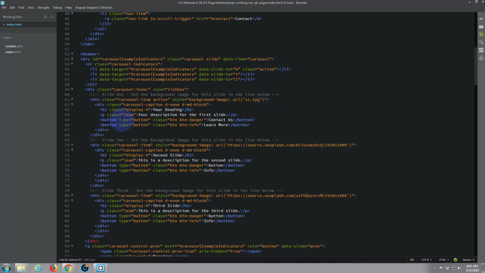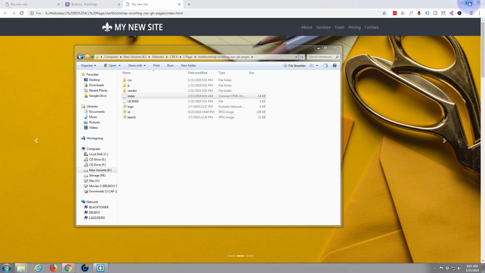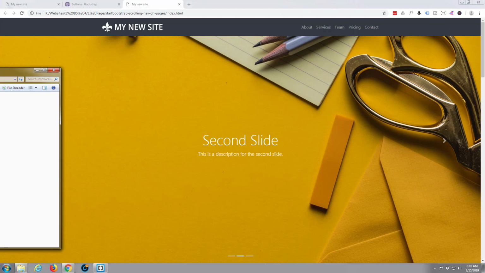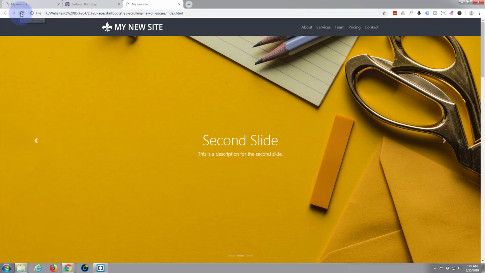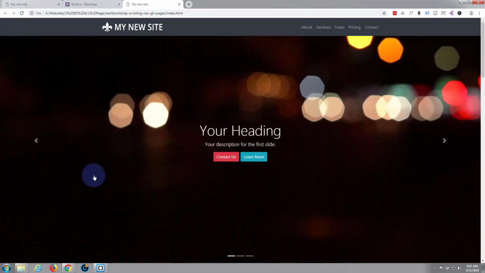I guess I should have done that before I copied them over, but let's do this quickly. Control C to copy, Control V to paste. I'll just paste them over what we got there. Let's save that, Control S, and go back to the site. Move that one out of the way. Refresh, and we should have it on all the slides now. There we go, we put in contact us and learn more,